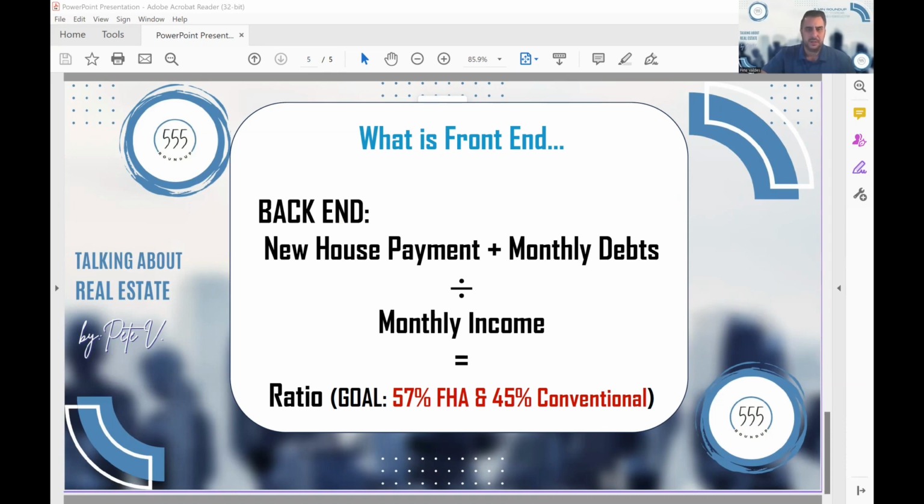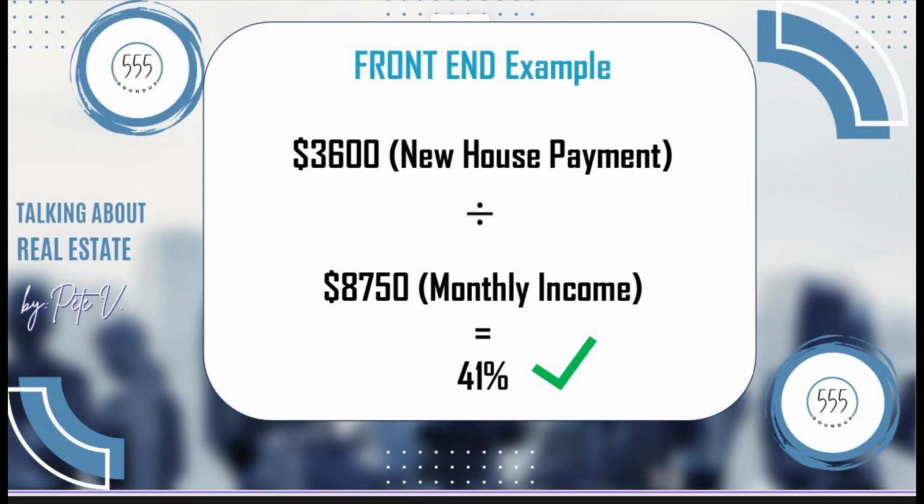Since we're here, let's go ahead and do a quick example of what that looks like. I'm going to use $3,600 as the new house payment. And just FYI, I came up with 3,600 because I'm going off an average household price of 450. So if you have a buyer who's looking at 450, FHA at 6.5, 6.6 roughly right now, the payment's going to be all in about $3,600. So while I have the screen open here, I'm going to take this $3,600 payment and divide this by, let's see here, let's do